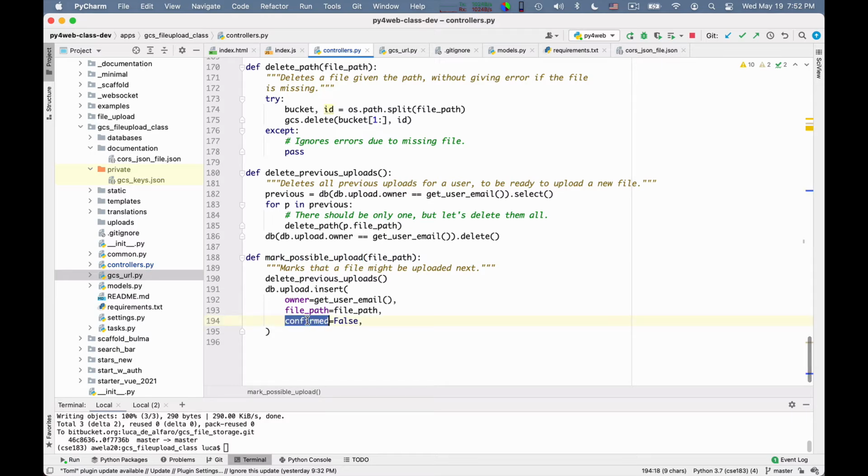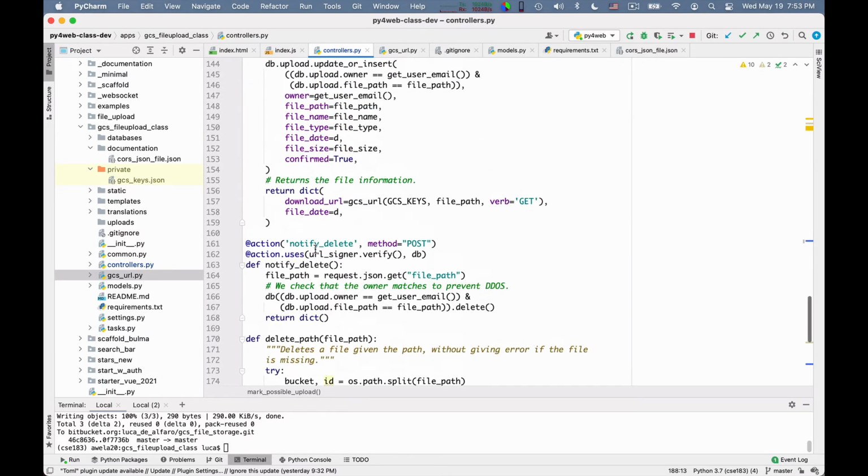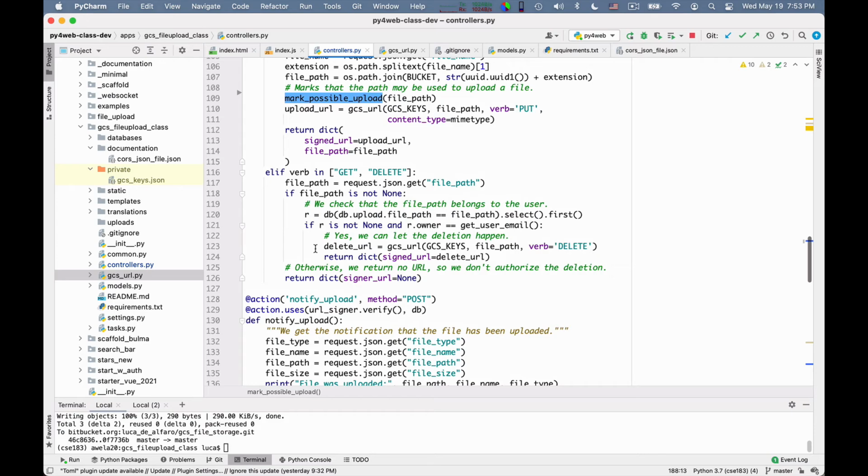You see, confirmed is equal to false, and I store the file path. In this way, I mark that there is an unknown attempt to upload the file to Google Cloud Storage, to that path. And if there is no later confirmation, I can go back and delete it and recover the space. What I don't want to have, as I mentioned, is orphaned files in Google Cloud Storage.